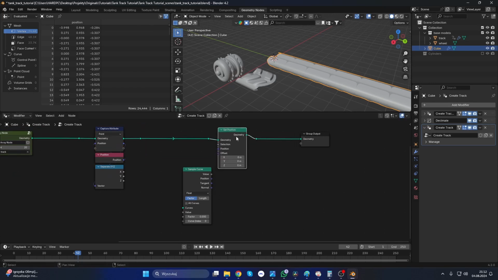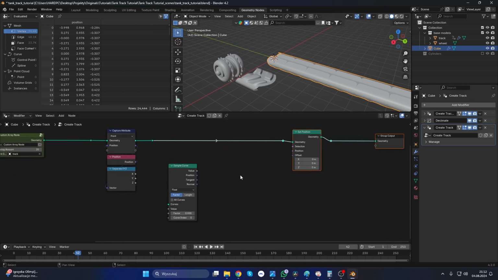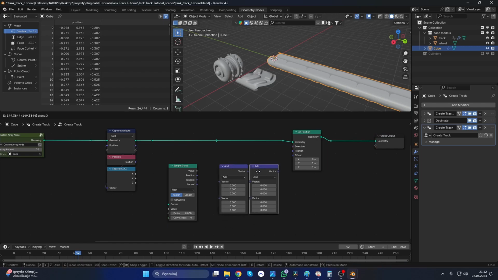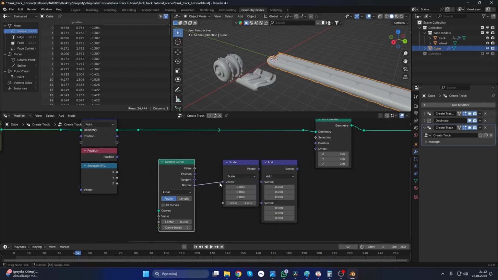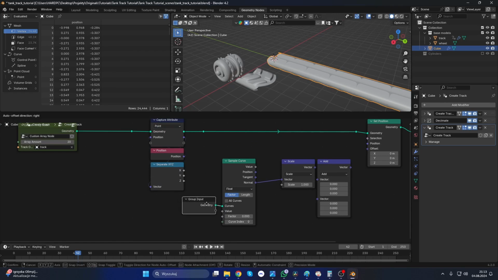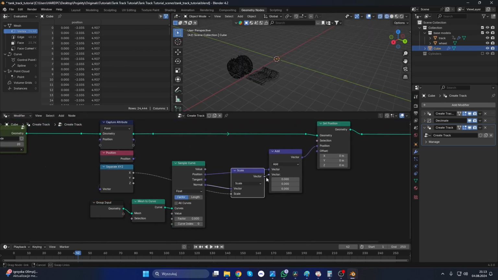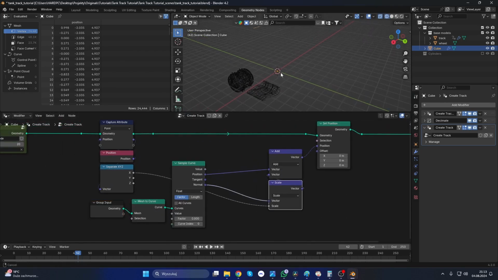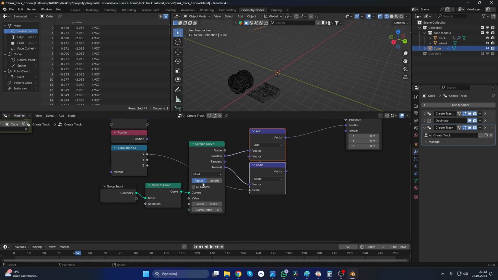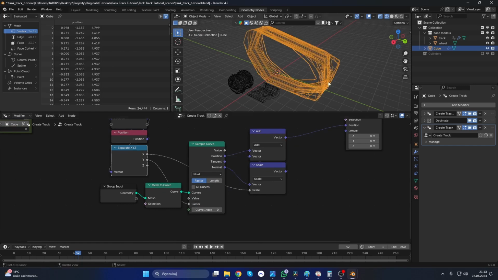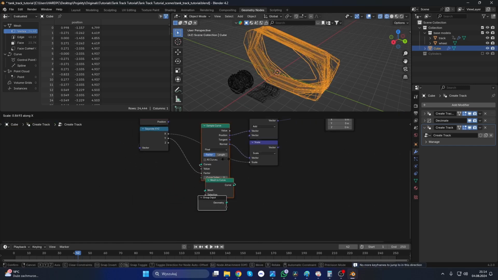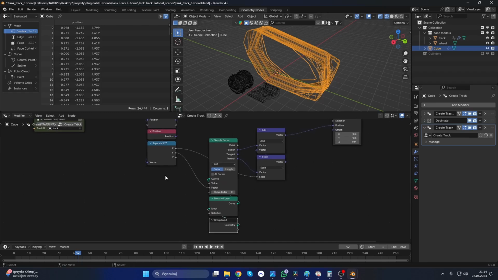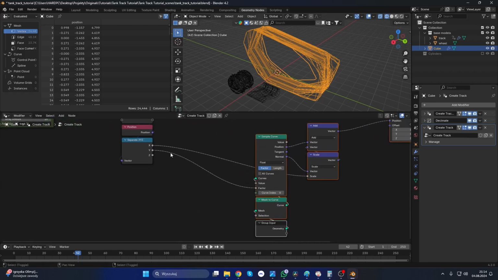Now, let's do the math we were talking about earlier. Let's take the normal of the curve and scale it by the X. Bring our track curve shape here and plug it into this socket. Add these together and plug the result into the position socket. As you see, it's kind of working, but the track is distorted, so something is not right with the Y